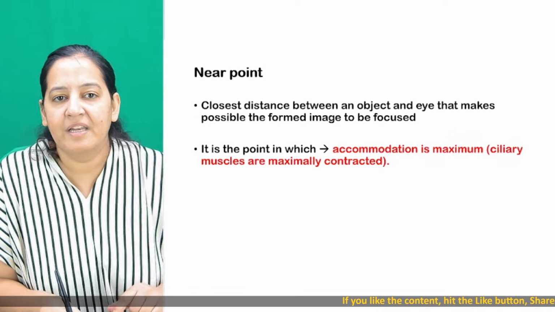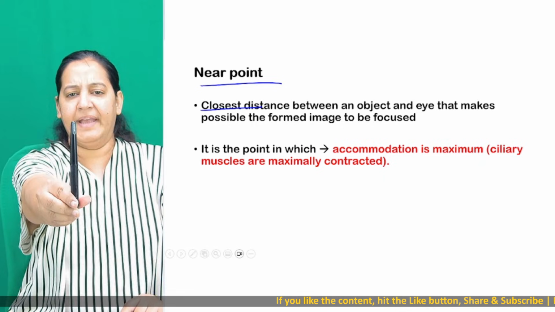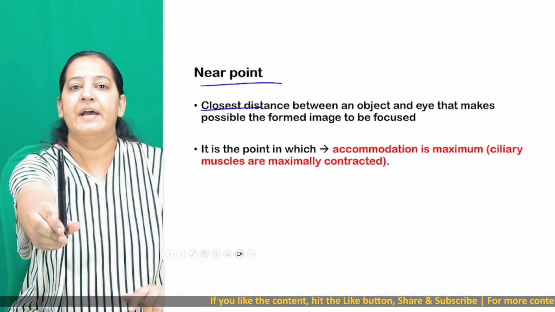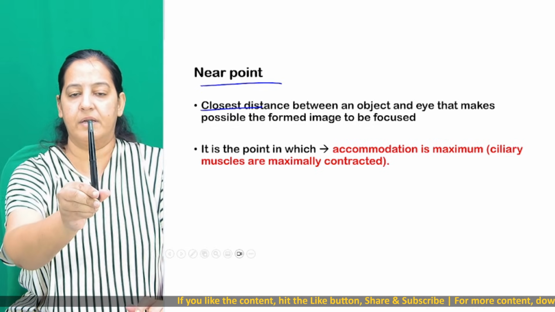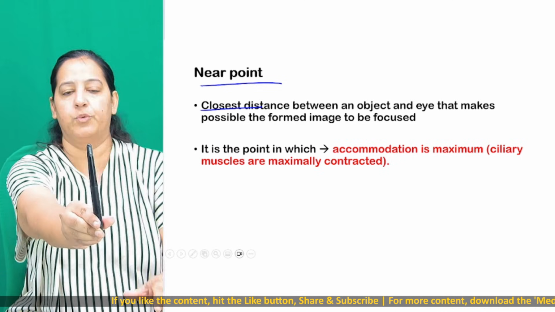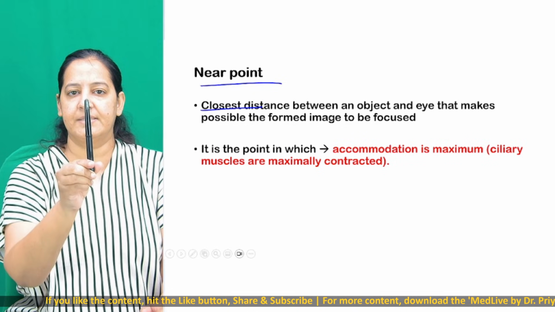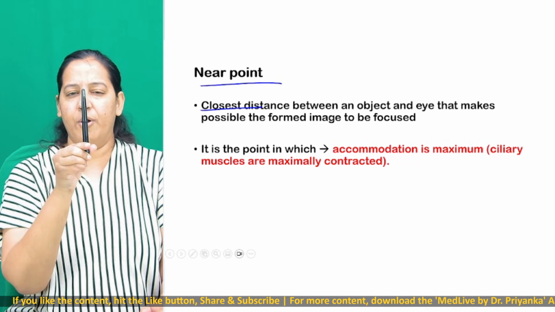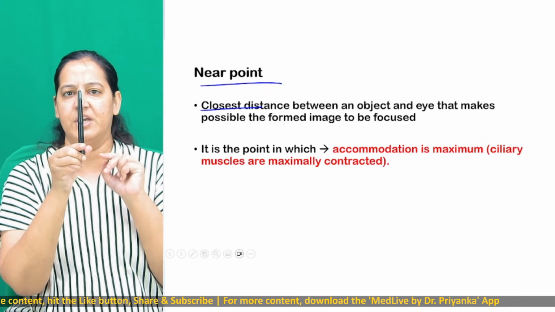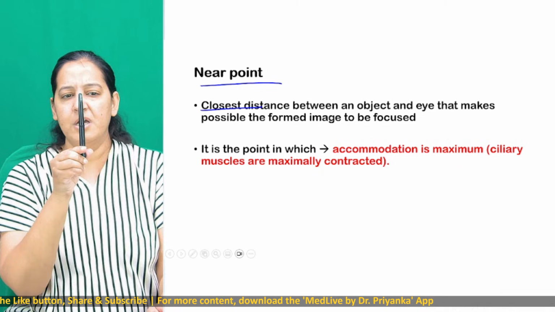What is the near point? The near point is the closest distance. Suppose this is a pen. It is at infinity for me currently. Now I'm bringing it closer, closer, closer. I'm just focusing on the pen, not on the camera, so my eye contact will not be with you. I'm bringing it closer. I still can see, still can see, still can see. But from here, I guess diplopia is occurring. I can see two images, a blurred image. I guess this is the point where I can see it clearly. But if I bring it even closer, the image is not clear.